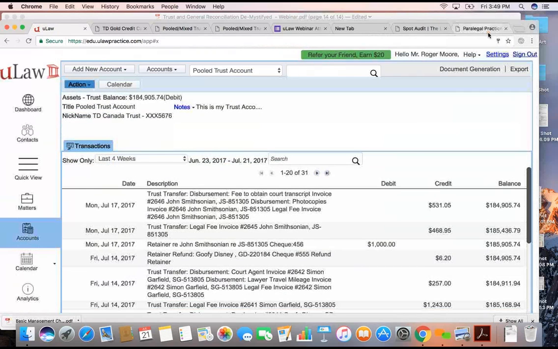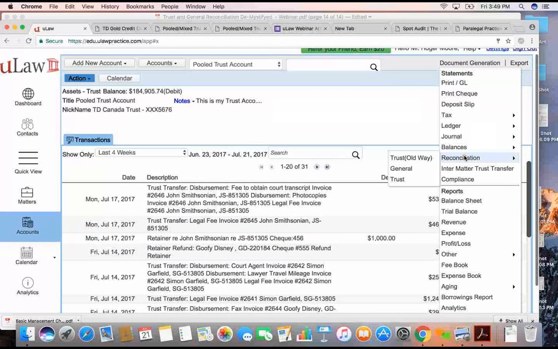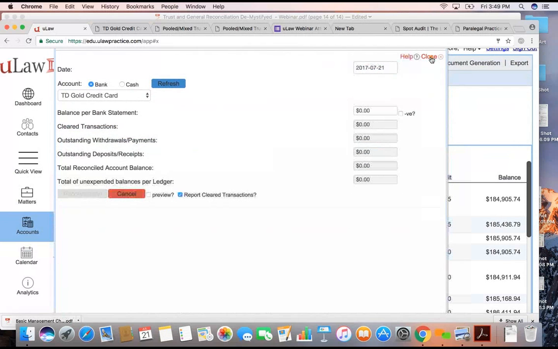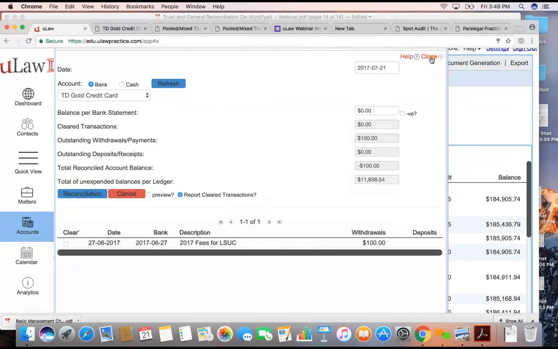For those who missed the demo, the reconciliation process is you just click on document generation, reconciliation, and you can either do trust or general. Actually, what I'm going to do is put in some transactions and then reconcile. Let's do that. So let's create a quick